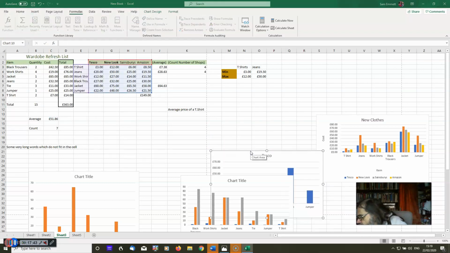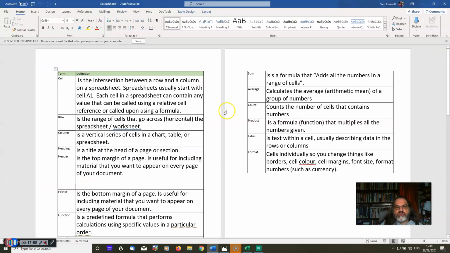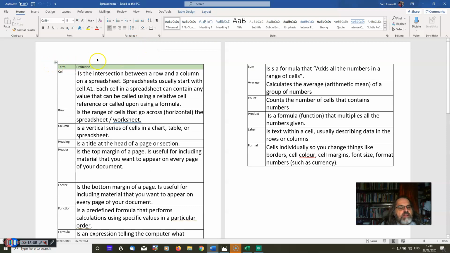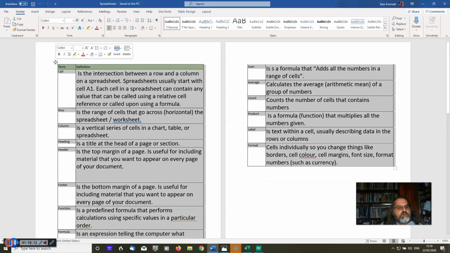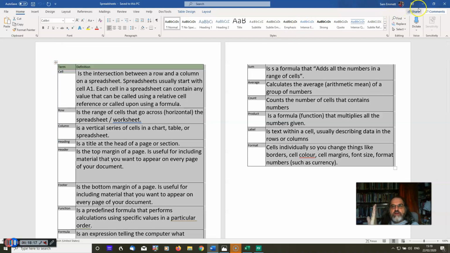Right. I've got a little Word folder here, and it's got a chart on it. Now then, when you click on a chart, or when you've got data in a table like this, you get this little plus symbol. If I click on that plus symbol and press copy,